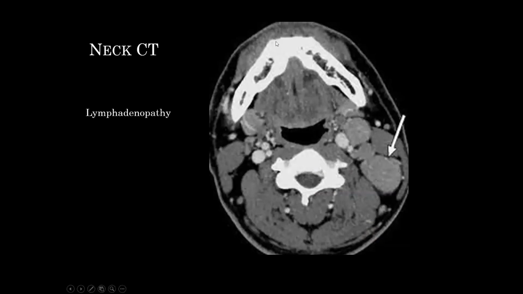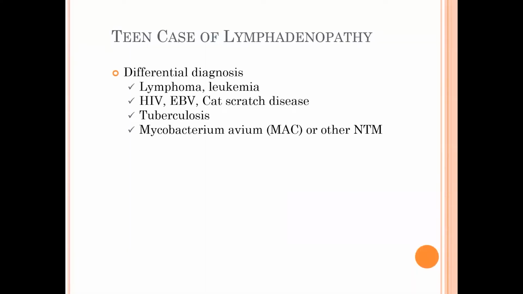So we got some imaging of his neck, and you can see he's got quite a mass here in his cervical area, with a number of lymph nodes that were easily palpable. So because of his skin test being negative, really tuberculosis was still on our list, but other things came up too. We thought about lymphoma, we thought about leukemia, other types of possible infections, including HIV and non-tuberculous mycobacterium. We see a fair amount of Mycobacterium avium responsible for positive lymphadenopathy.